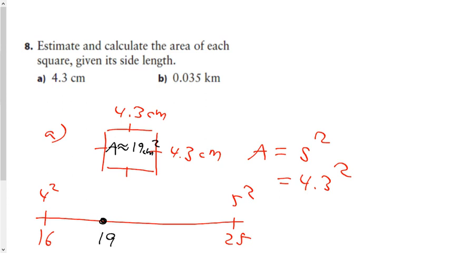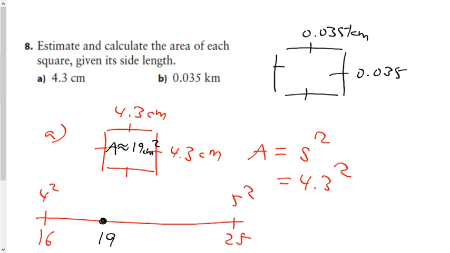With B, we have a big massive field with 0.035 kilometers as its side length. Now this is tricky because most of you probably don't know. In fact, I'd say all of you don't know. Well, that if I drew a field with 0.04 kilometers,